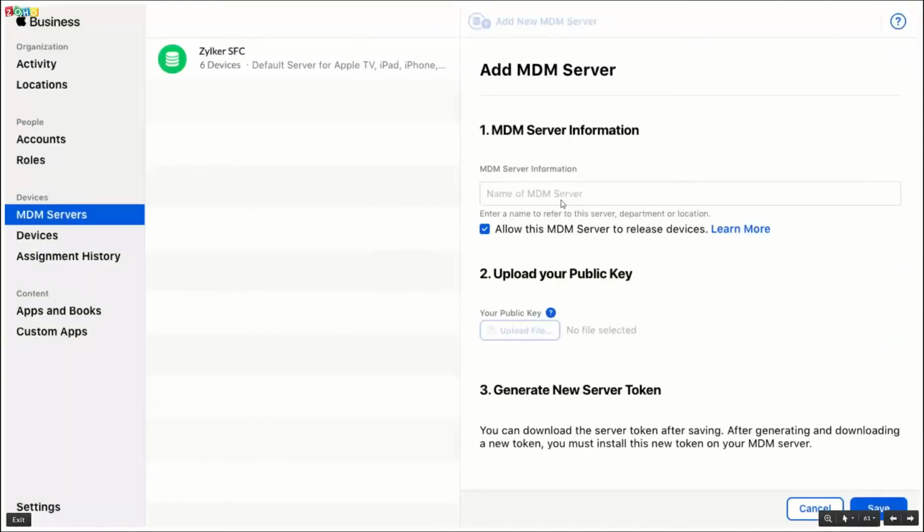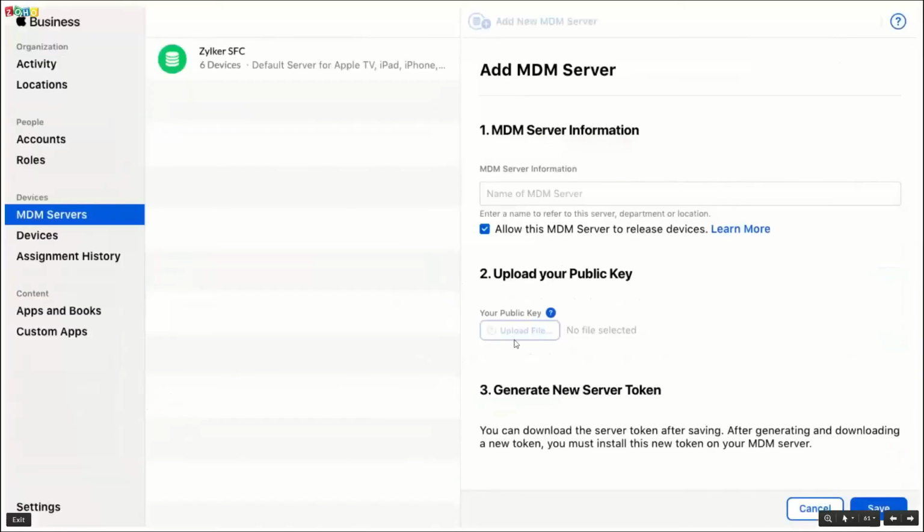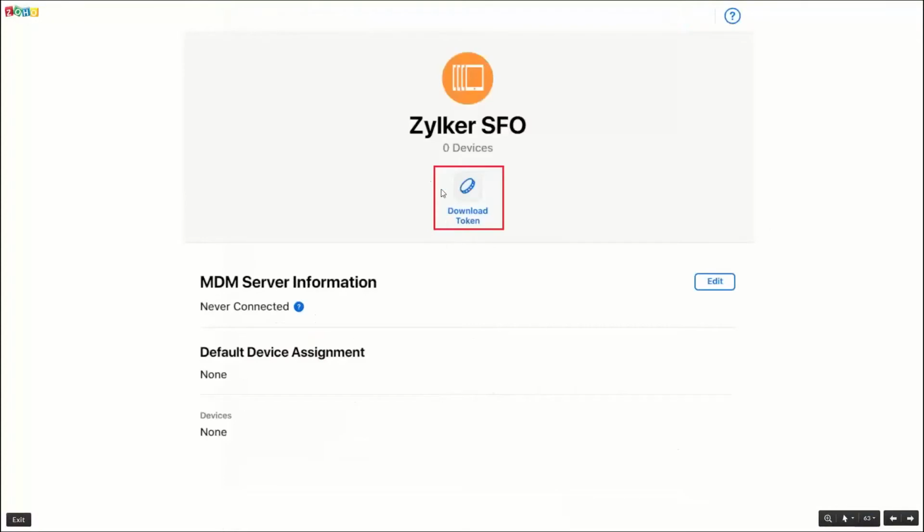Once you click on add MDM server, it will prompt you to provide your MDM information. You can mention Zoho, ManageEngine MDM, based on your business needs. You can provide the name of it and upload the file which you have downloaded from our MDM. So the public key, you need to upload that key here and then save it, which will generate a